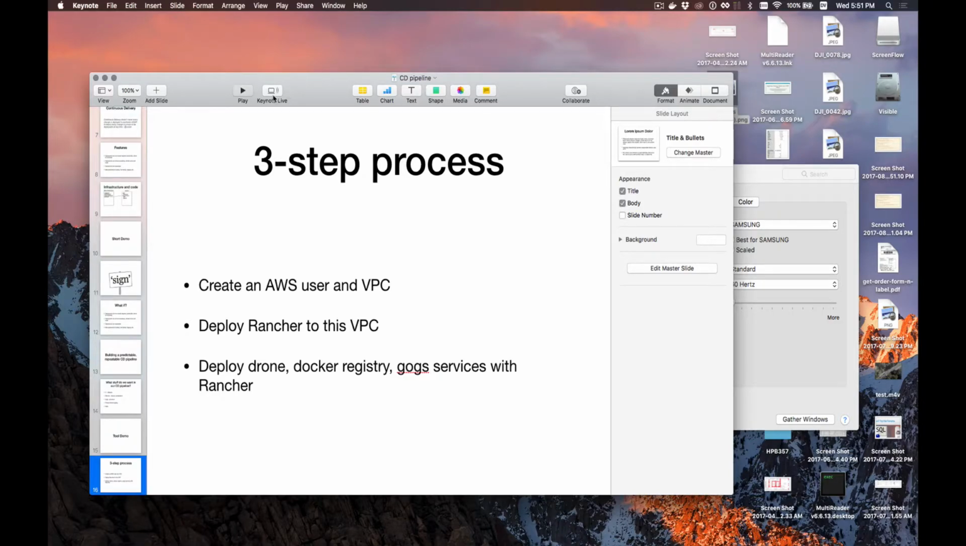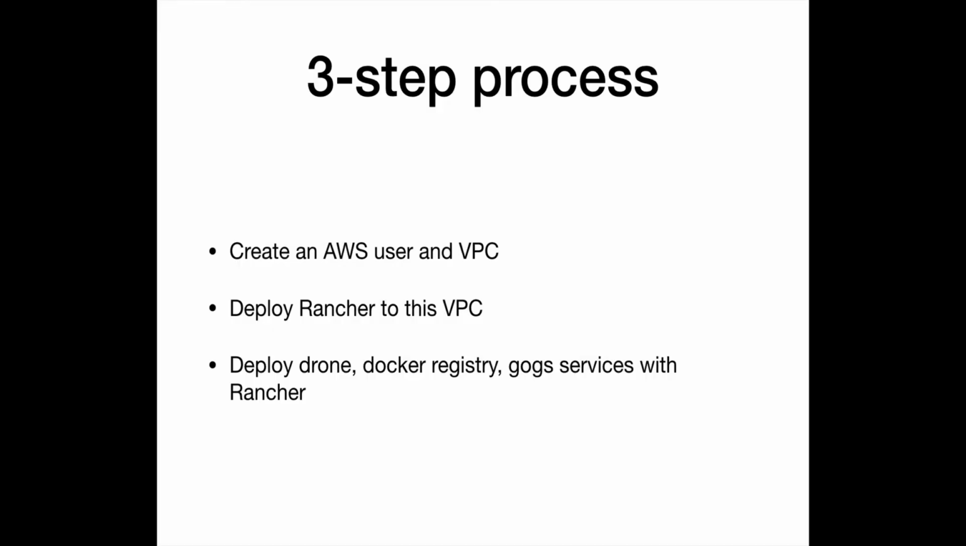Gosh, why doesn't this work? There we go. So to set this up, it's really a 3-step process. The first thing we do is we create an AWS user and a VPC. And from that step onward, that user that we create is the user that all the rest of the steps are going to work with. So the idea is